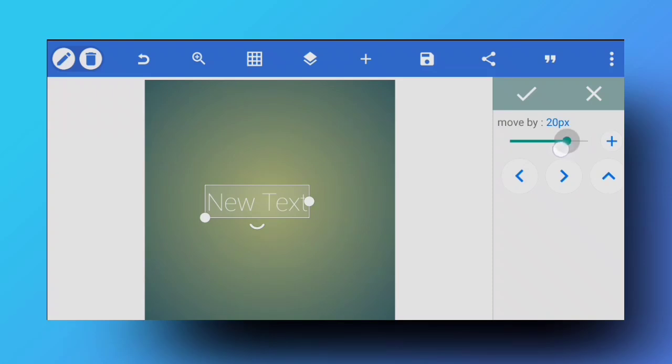If I want to move it by 20, 19 or just 1 pixel, I can just move it like this. Right now you can't even see if it is moving, but it is actually moving in whichever direction you click on. And this is how you can align text in a precise way, or see how it looks if you move it 1 pixel in height. That really comes in handy, and I really use it.